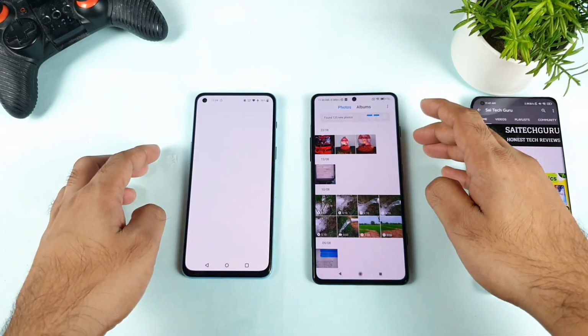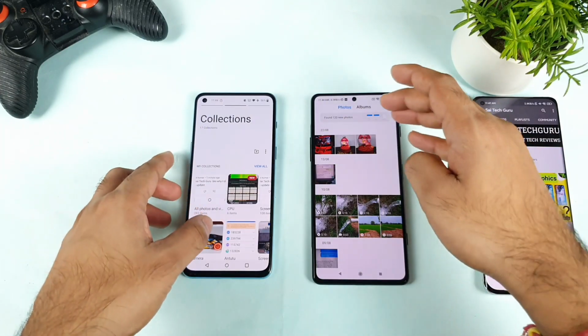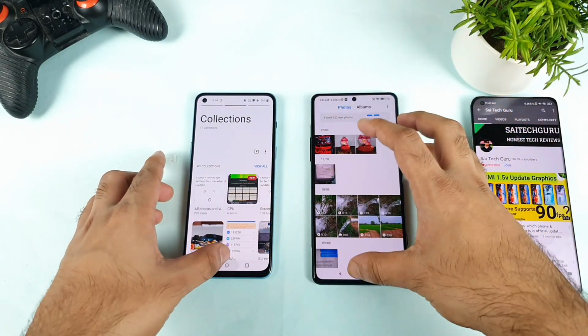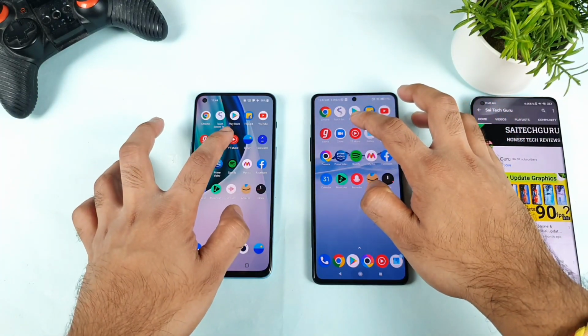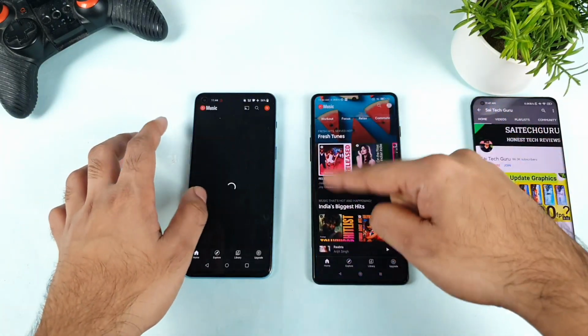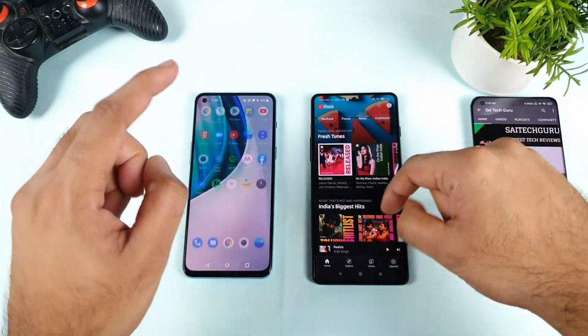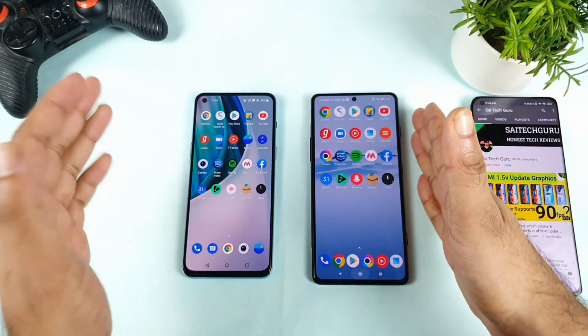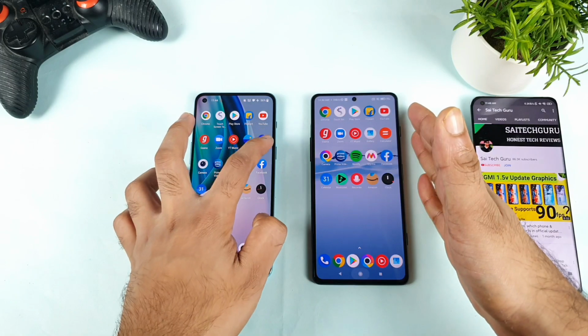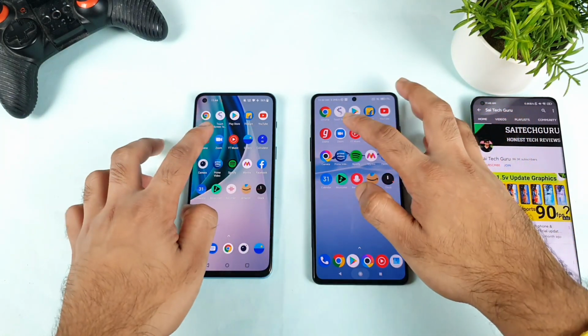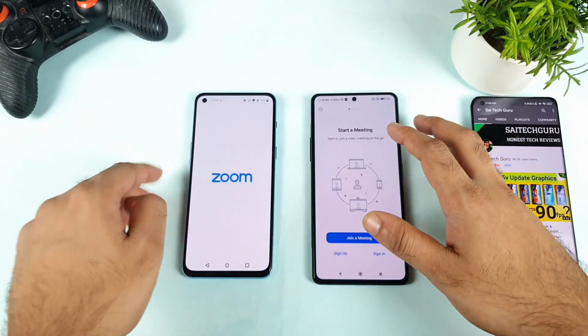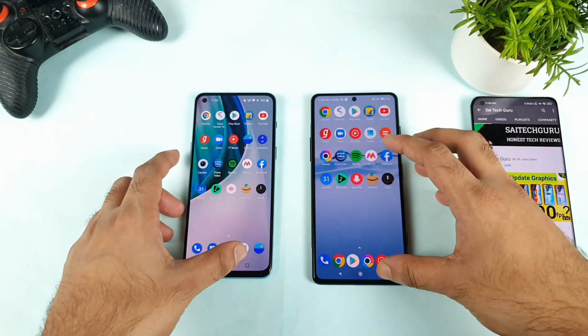As you can see clearly, Gallery got reloaded in this OnePlus Nord 2. It did not get reloaded in the Poco F3 GT. As you can clearly see the difference, what is happening. And YouTube Music, let's try YouTube Music. 1, 2, 3. YouTube Music did not get reloaded in the Poco F3 GT. It got reloaded in the OnePlus Nord 2. So OnePlus Nord 2 was able to survive until this calculator, I think, perfectly alright. But after that, it's unable to survive. Next is the Zoom application, also not surviving. As you can see, it's gone from the background.